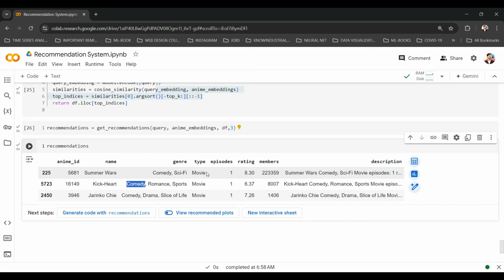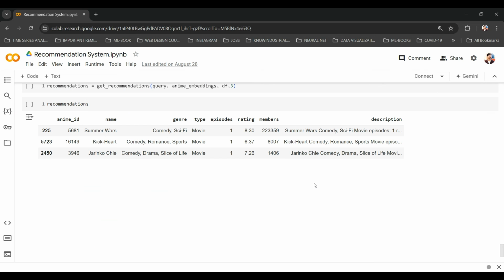Isn't that wonderful? So that's all about our project. It's a short project, I know. So I hope you like this short project. You can obviously try out different things with this data set, and maybe make this better, and maybe do something differently.